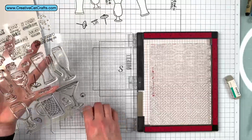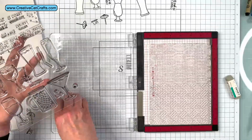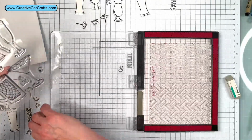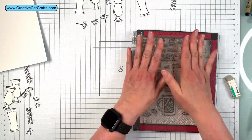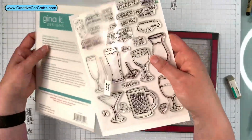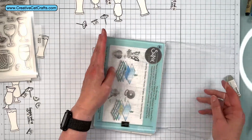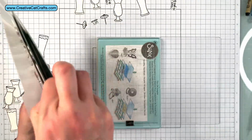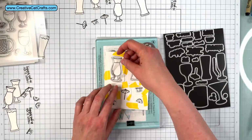And I'll grab those dies and show you that neat little trick. Little umbrella, my little let's celebrate, and the lemon lime. And like I said, that stays permanently in my Misti. And if I want to use it for a background, I just flip it over. So let me put the Misti away real quick. Get my sandwich back. And your sandwich will be different than mine, depending on your machine. And I want the dies back out. Perfect. So with this guy,